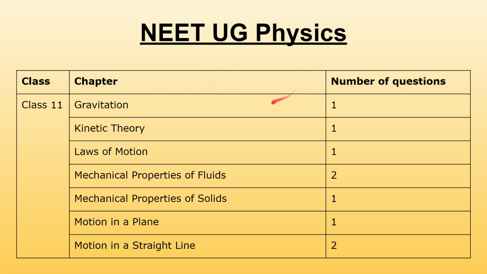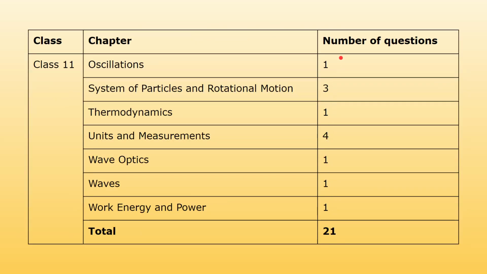First one is gravitation, and one question will be asked from gravitation. One is from kinetic theory, one is from laws of motion, two from mechanical properties of fluids, one question from mechanical properties of solids, one from motion in a plane, two from motion in a straight line, then one question from oscillation, three questions from system of particles and rotational motion, one question from thermodynamics, four questions from unit and